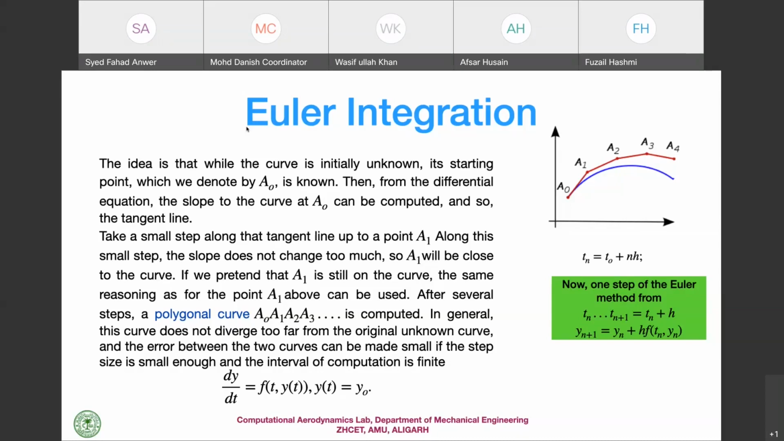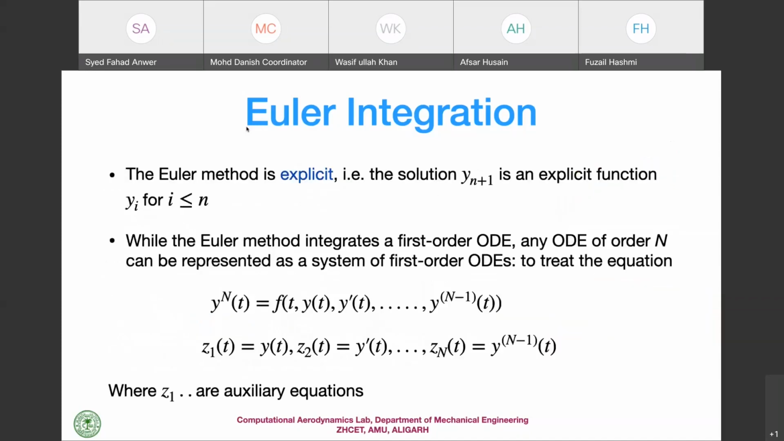So that is how you integrate. It's a very, very simple process, and you must have learned this Euler method in your maths course. As you know, it's an explicit method. So now, since our governing equation is